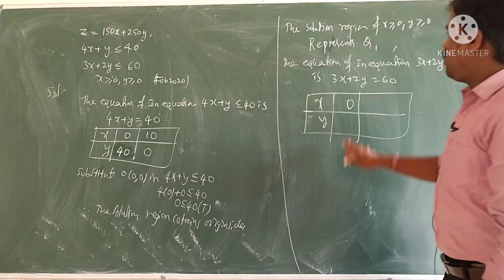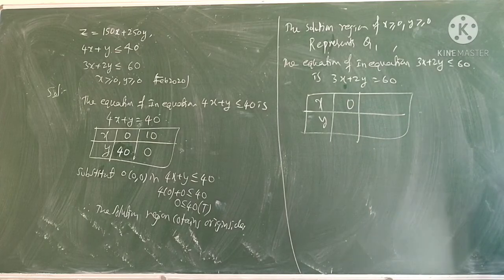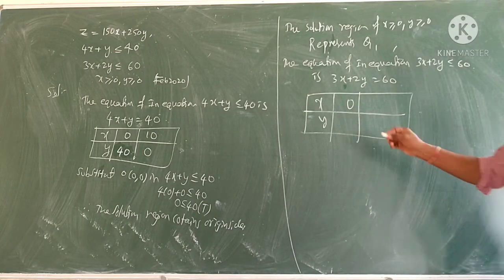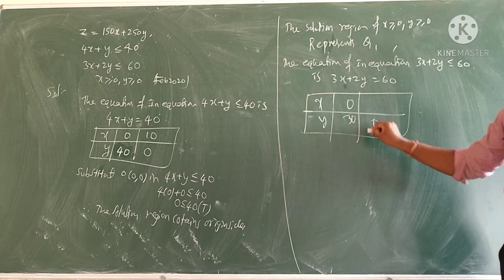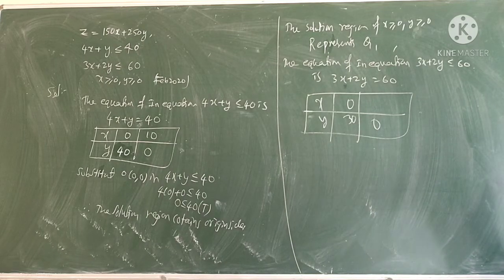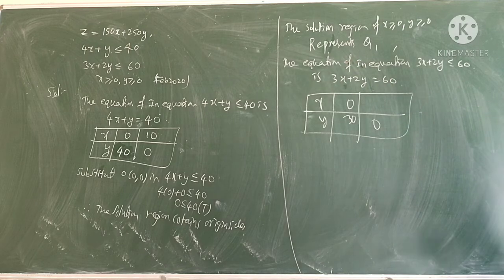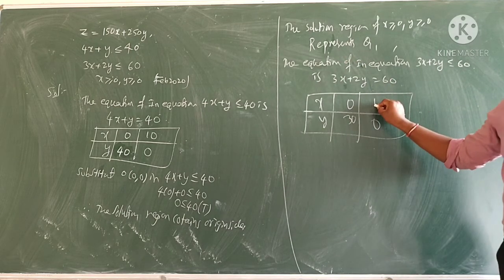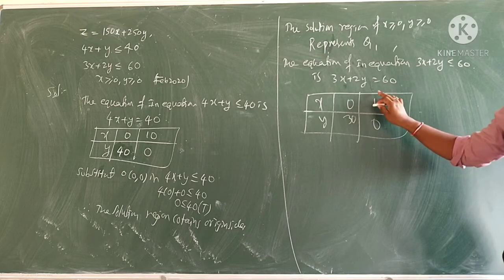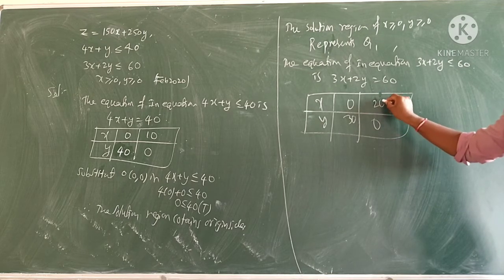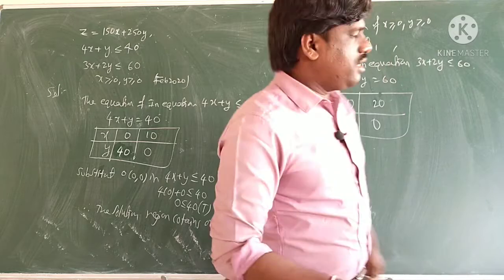If we keep x as 0, then 2y is equal to 60, so y is equal to 30. If we take y as 0, then 3x is equal to 60, so x is 20. Then after what we will do here, substitute